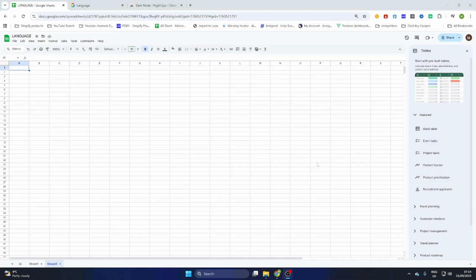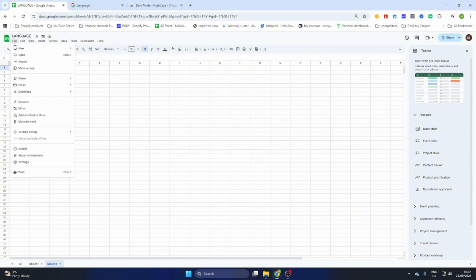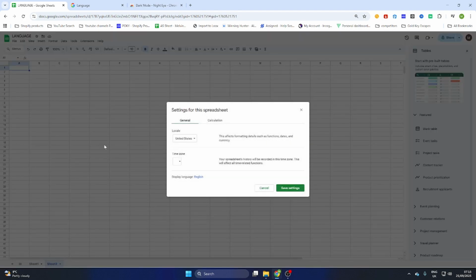In this video I'm going to show you how to change the language in Google Sheets. So open your Google Sheets and after that go to File in the top interface. So go to File, then go to Settings, and once you have clicked on Settings, you will see the option